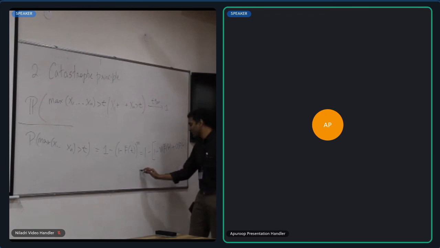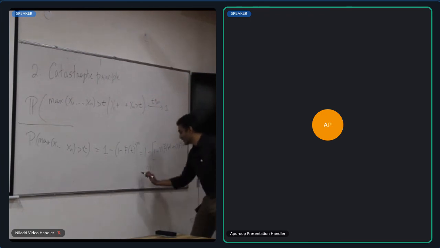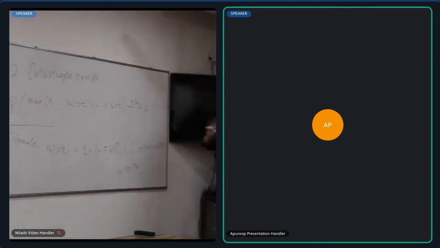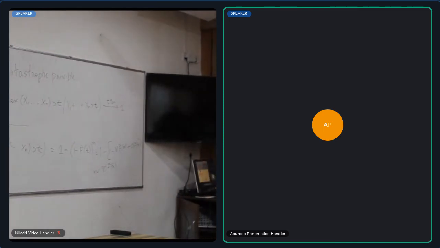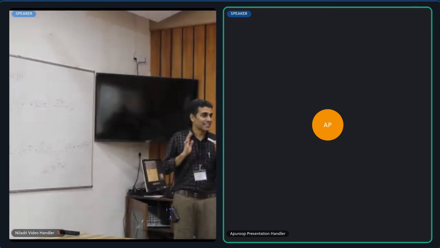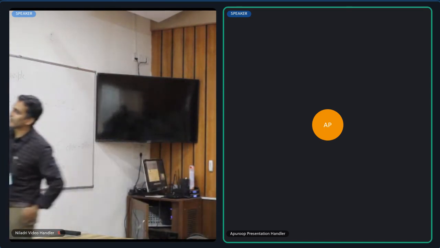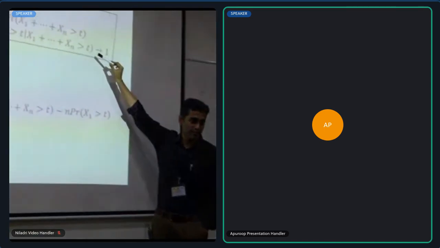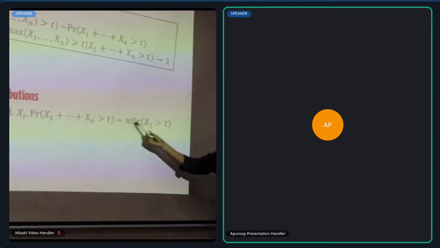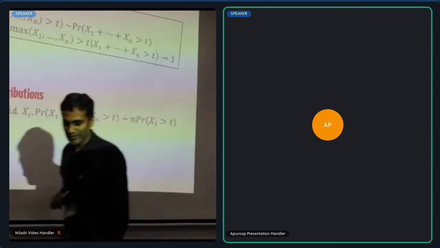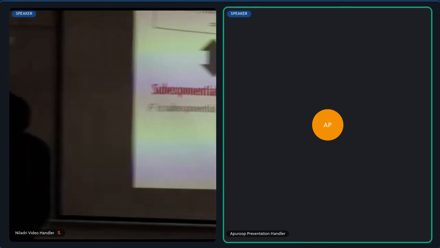So what does this mean? That this is basically going to be asymptotically n times F bar of x. This is true for any distribution, so long as F bar is positive for all x. In other words, there is unbounded support to the right. It's always true, heavy tail or light tail, that the tail of the max is asymptotically n times the individual tail. Therefore, these are two equivalent ways of defining sub-exponential distributions: the tail of the sum is asymptotically n times the single tail, or the tail of the sum is asymptotically the tail of the max. So this class of distributions is called sub-exponential distributions.